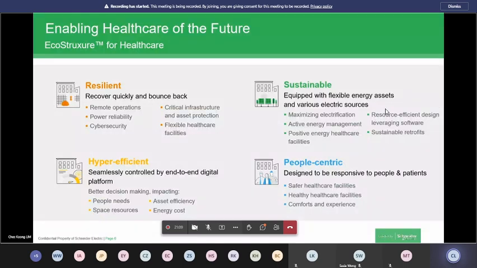Then we talk about sustainability. Today, everyone will be hearing, even in probably the next couple of weeks, a lot from world leaders when it comes to COP26, the gathering itself. We are always concentrating, or today there's more concern, in terms of carbon footprint. Everywhere around the world, we need to reduce carbon footprint. When it comes to healthcare, healthcare is one of the worst culprits when it comes to fossil fuel utilization, and that's where healthcare itself leaves behind a big carbon footprint. So how do we address that? What do we need to do? Schneider is here, in fact, to provide solutions to help alleviate the issues.